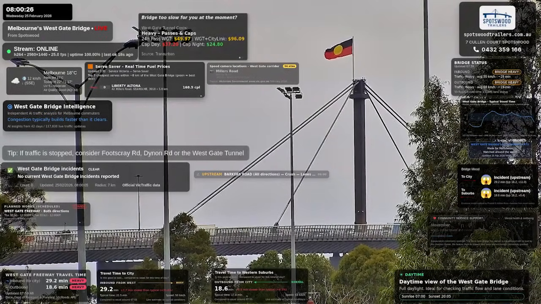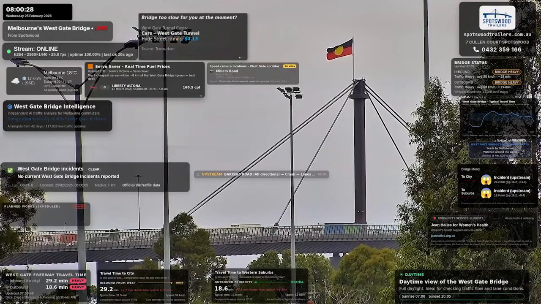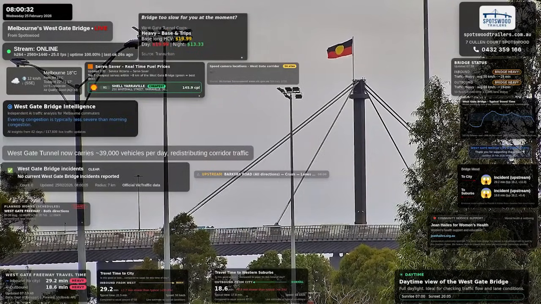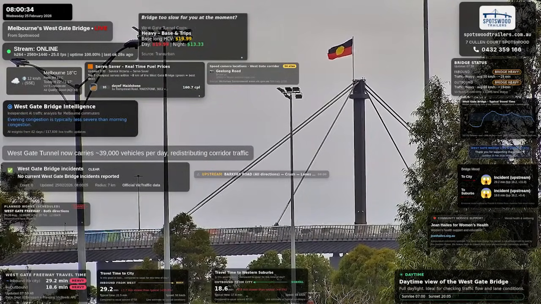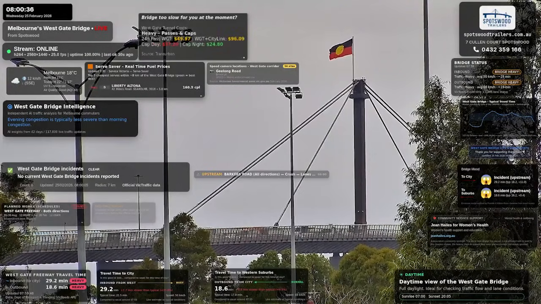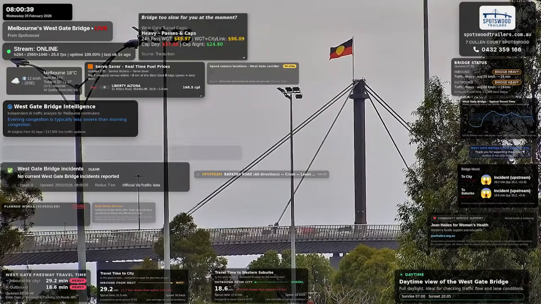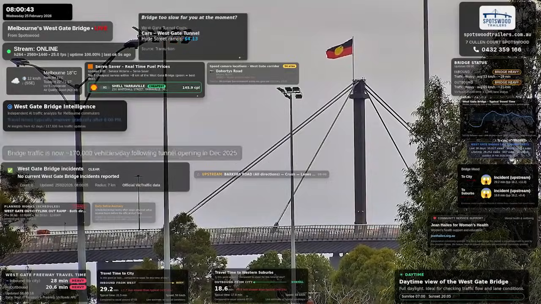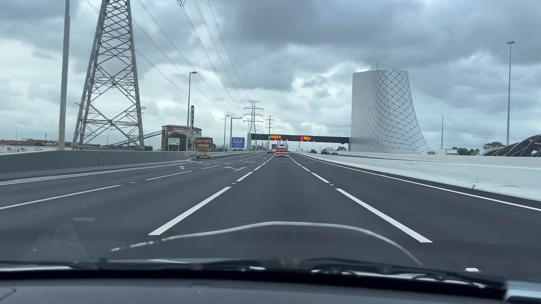And the emojis that I'm using are smiley faces or frown faces, unhappy faces. It's also looking at incidents in real time. It's watching for incidents on the bridge. Is there a current incident? Is there a crash? Is there a vehicle breakdown? And it's also watching for